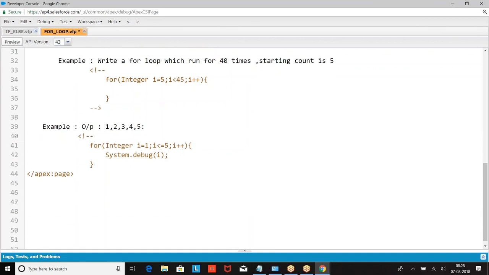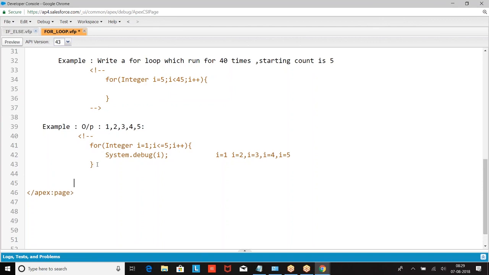The first time when you are running the operation, what is the value of i? i equal to 1. Then it goes to the second, i equal to 2, i equal to 3, i equal to 4. This is how we are getting it.